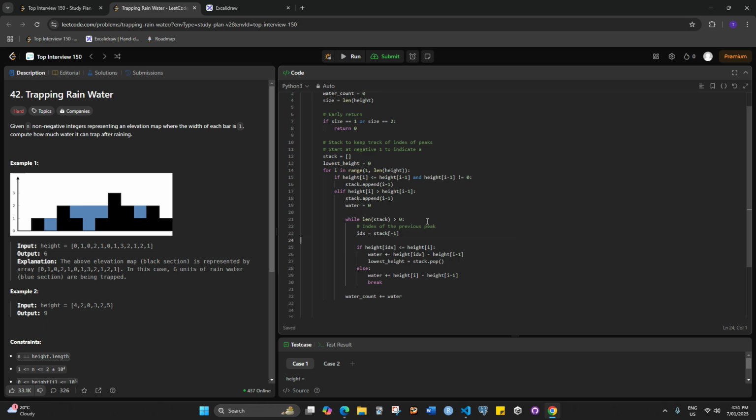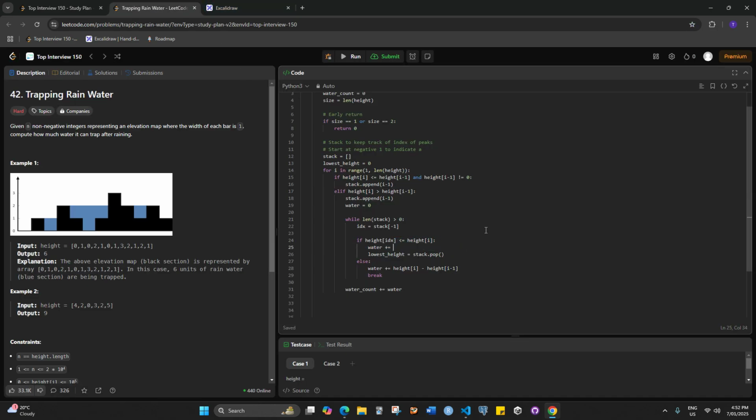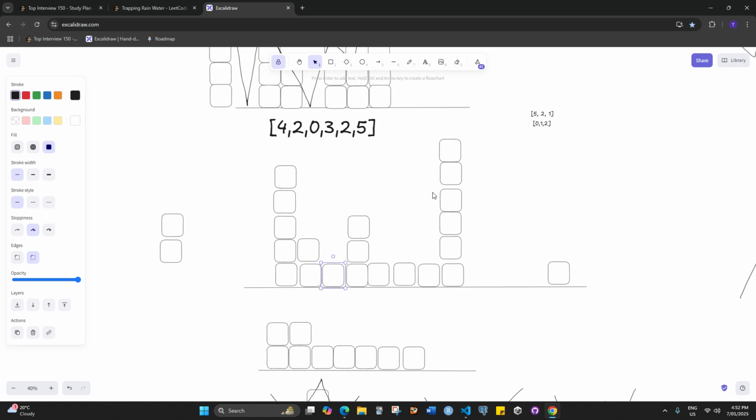While length is greater than this, the index of the previous peak is this. If height, and then we do, if height at this index is less than the current height. So this part will just keep going until we reach the number that can't allow it to overflow. Start off this one. The water that will be contained would be